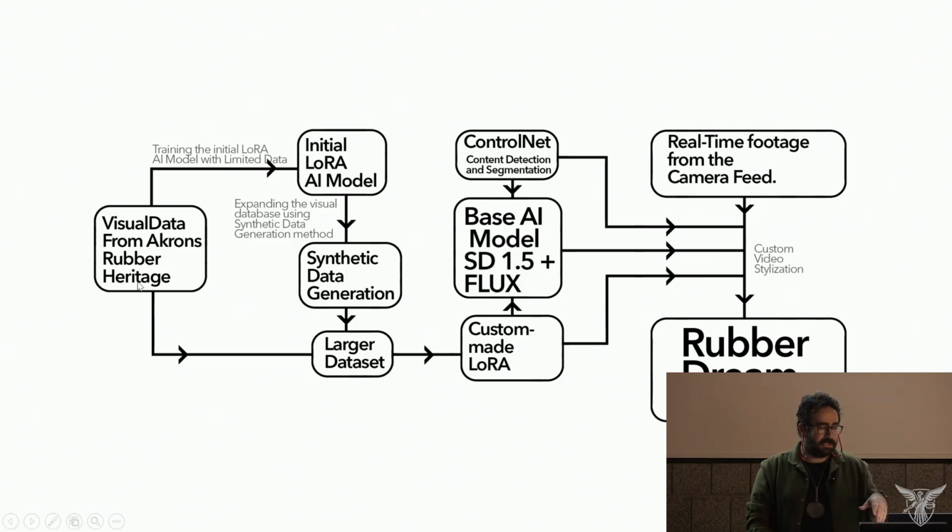So the initial data set was used to train a LoRA model. LoRAs, for those of you who are not familiar, are low-rank adaptation models in AI. I was explaining to some students to think about it as a kind of mask, or a plugin, that sits on top of a bigger model and modifies the way that it behaves. They're much lighter, so it's like sitting on top and then suddenly changes the behavior of that bigger model, whether it's Stable Diffusion, Flux, whatever it is.